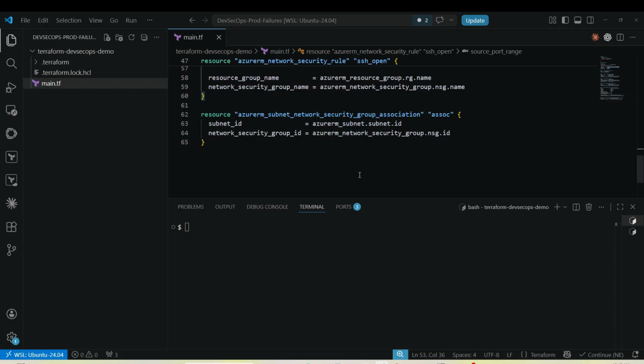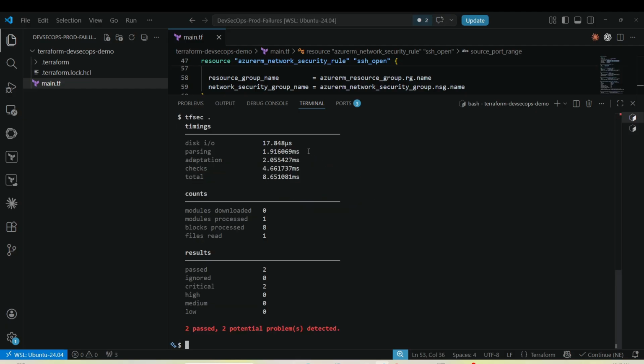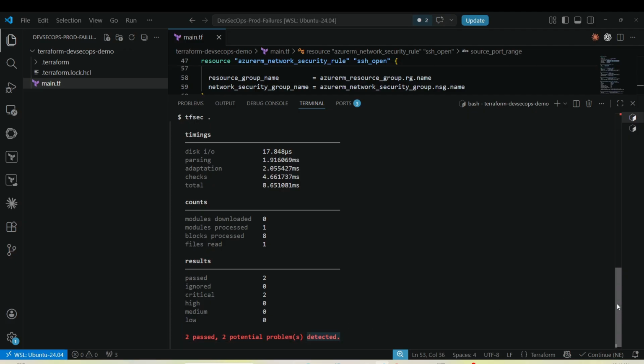Now, this is where DevSecOps actually comes in. Terraform validates syntax, but tools like TFSEC validate security. Now I'm going to show you in a moment. So, as soon as I run this, this is exactly what we missed. I can see two potential problems detected. And if I scroll up,